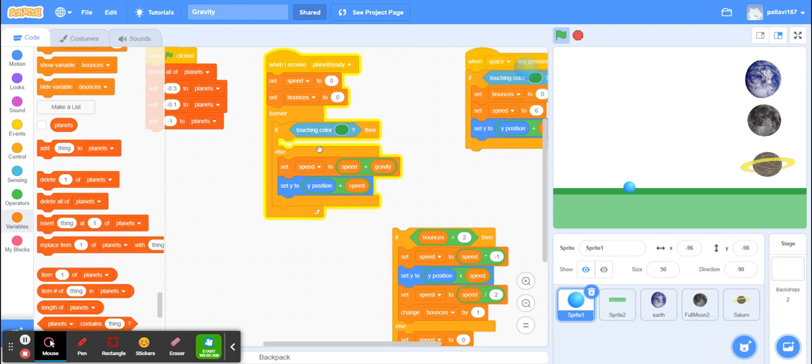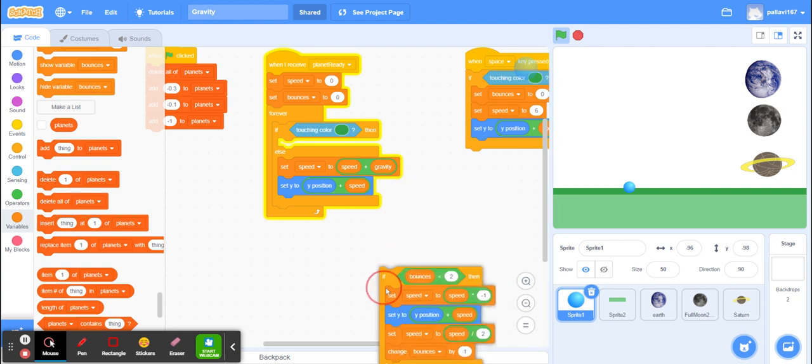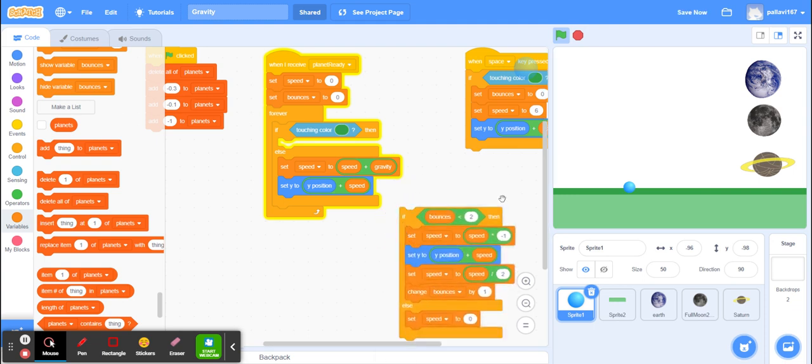All right. So when the ball is on the ground, it is going to be bouncing by using this part of the code. And if it is up in the air, then basically it is going to be in motion. So that is going to be decided by these two lines. So we have set the value to 0 in the beginning, and that is going to be updating because of this formula, speed plus gravity.